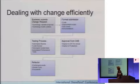Most organizations, technology will find out, particularly the ops people will find out, 3 months after dev started that this project is coming on, and they don't get the opportunity to validate that up front. But if you can, as much as possible, validate up front, it's very useful. So once the development's done, either in-house or